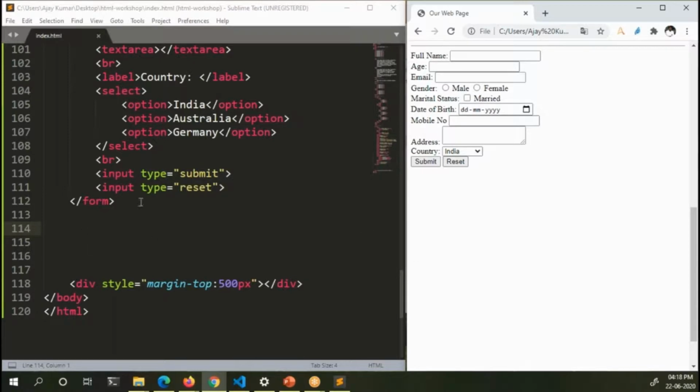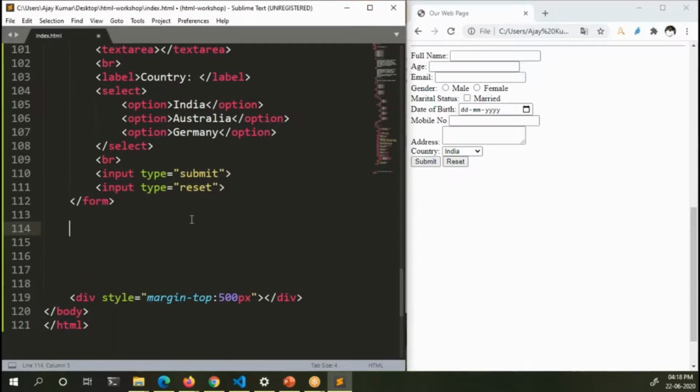Okay. So when coming to buttons, these two are buttons. Input type submit and input type reset are buttons, and they have a kind of separate operation inside a form. But if you want to create a button, you can also do that by using the button tag. So when you save it and refresh, now you can see the button with the text click me. So the text we need to provide is here.